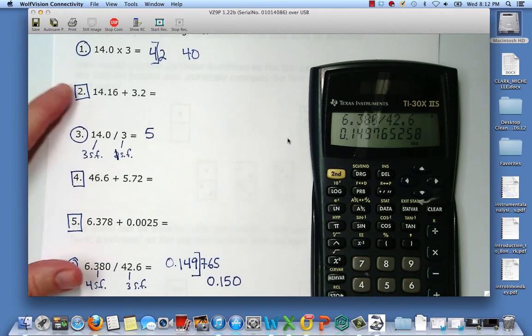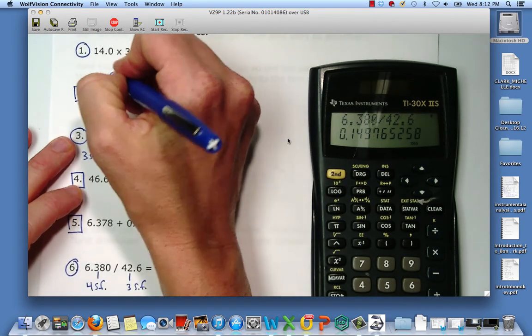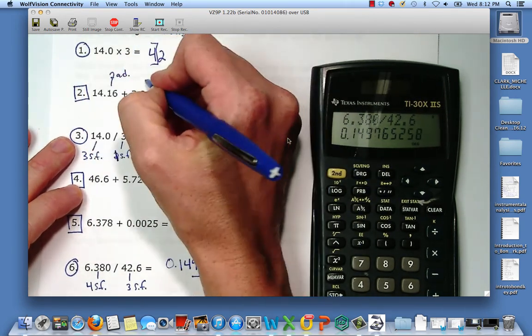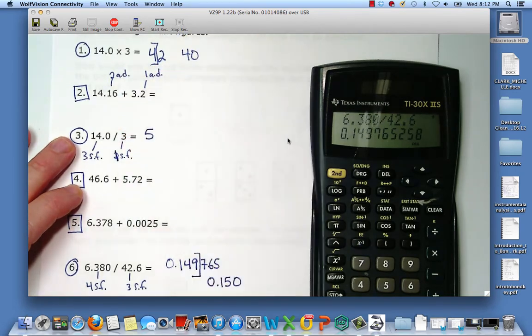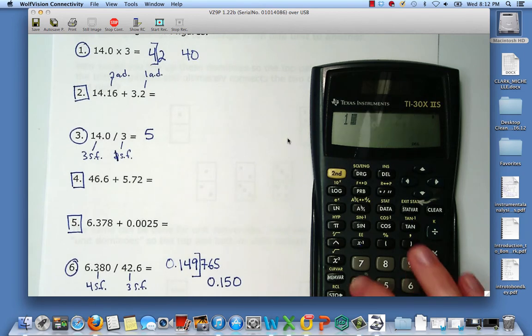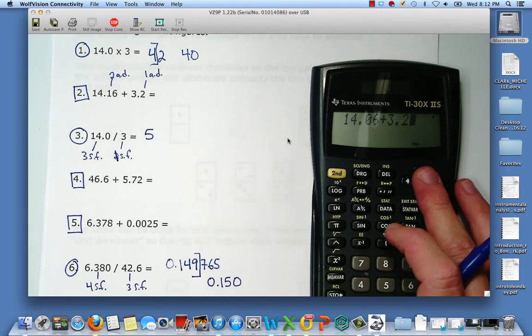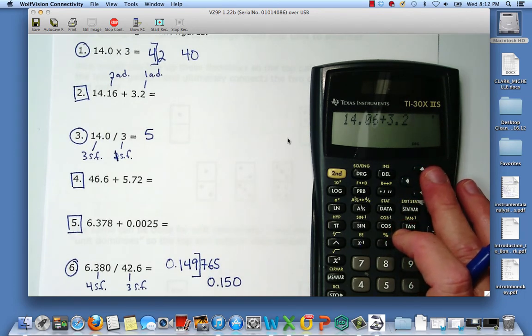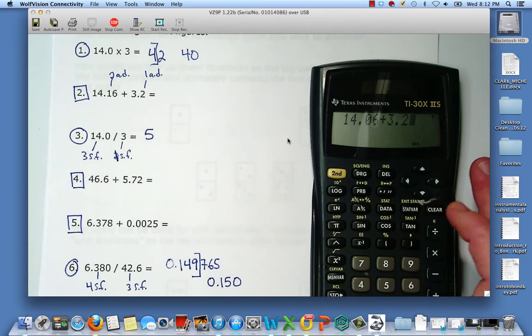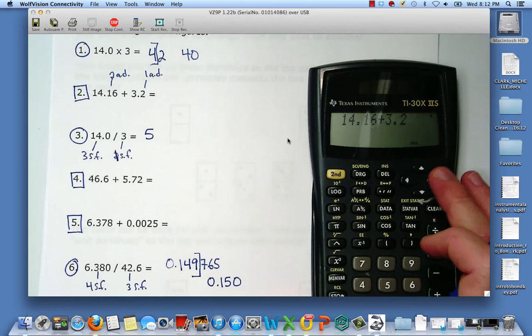All right, now let's go back to 2. Remember, with addition and subtraction, you're looking at after the decimal point. So you have 2 after the decimal point here. You have 1 after the decimal point here. When I enter this into my calculator, it's 14.16 plus 3. Oh, look, see? See that mistake I made in my calculator that I wouldn't have been able to see if I didn't have the 2-line display. So 14.16